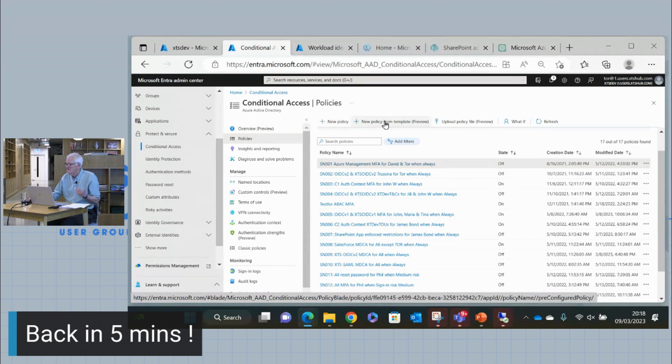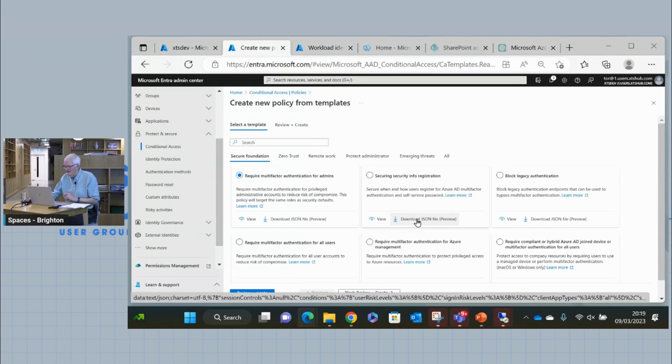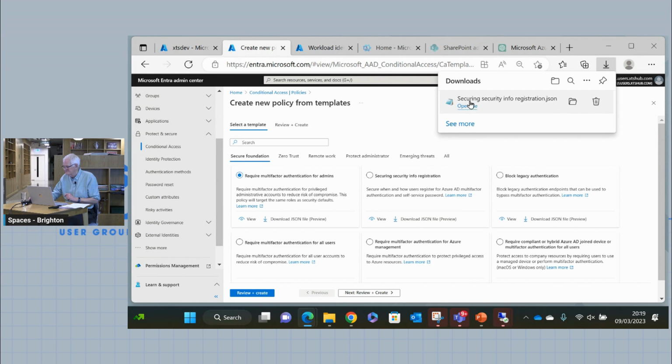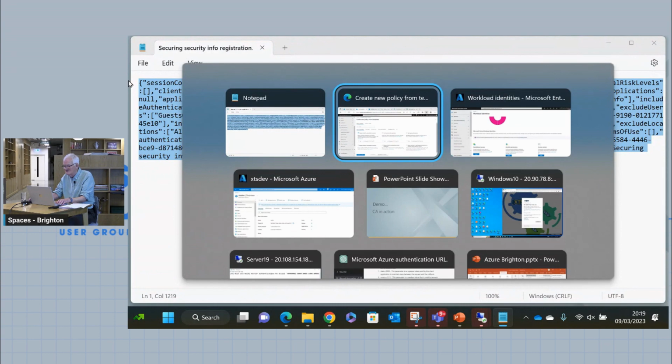Okay, you go new policies, there are templates, and there are more and more templates starting. Require multi-factor authentication for admins, securing security info registration. And you can look to see how Microsoft are recommending doing this if you've never done it before. The other thing is you can get a JSON file down. So if you open that, you can see all this, and you can actually configure through this JSON file. You can actually configure your policy, and just for fun,